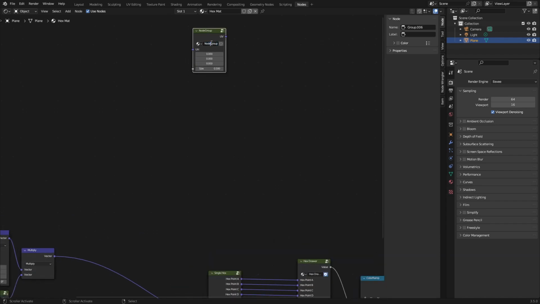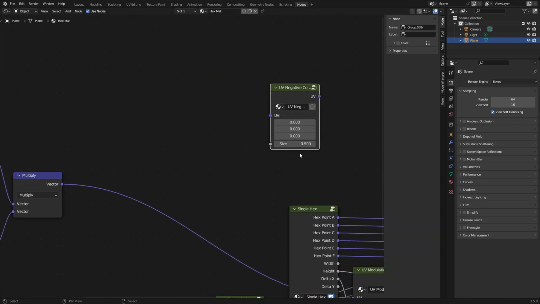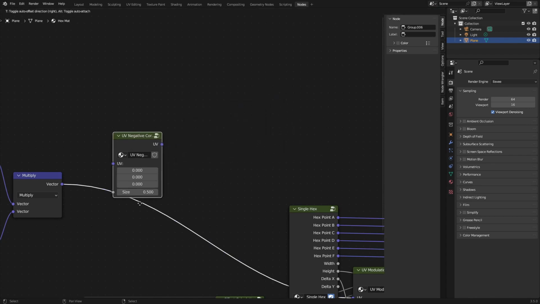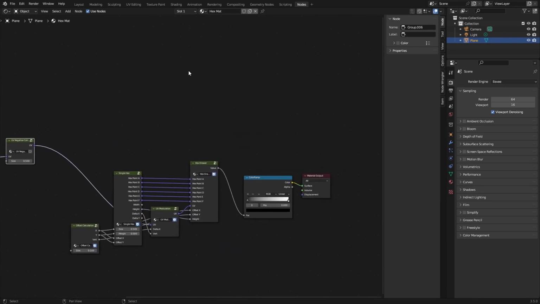With that, we can now name this the most cumbersome name in all of node history, UV negative correction. I talked way too much for this. We can now just pass in the UV value through this. It negative corrects, and if we go back to the shading tab,